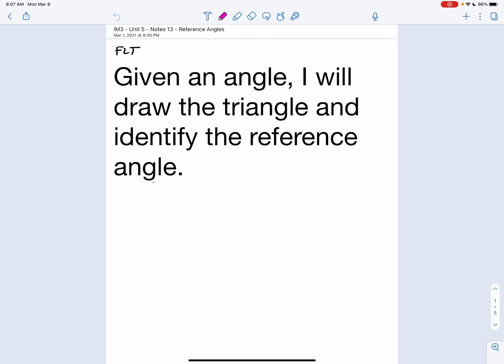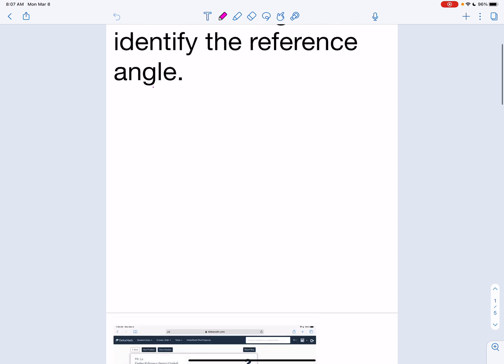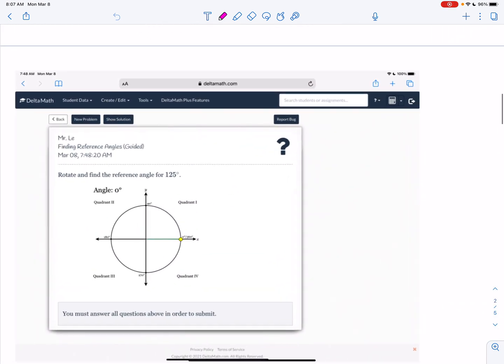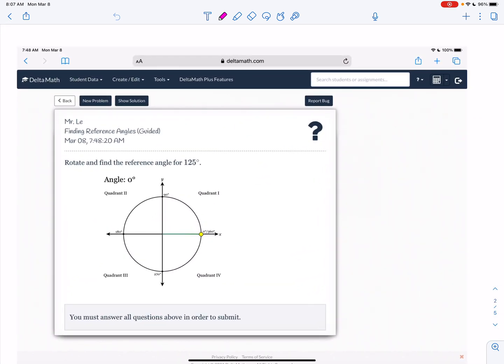So let me go ahead and show you the first example here. It looks a little bit like this, and I want you to actually write it down in its entirety. So make sure that you write down the instructions as well as this picture here, but then you'll learn to shorthand everything afterwards, okay? Okay, so they're going to provide you an angle, and you're going to have to illustrate what that looks like, okay? So let me show you here